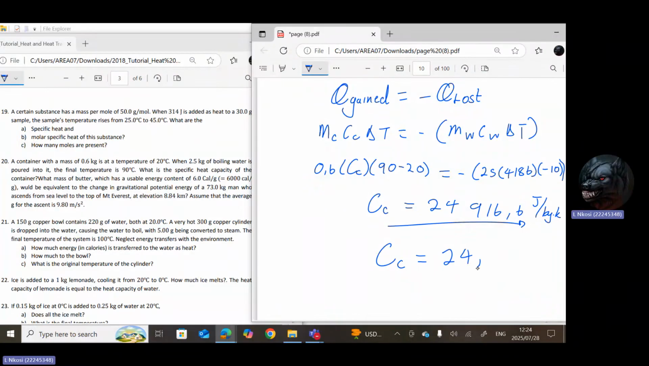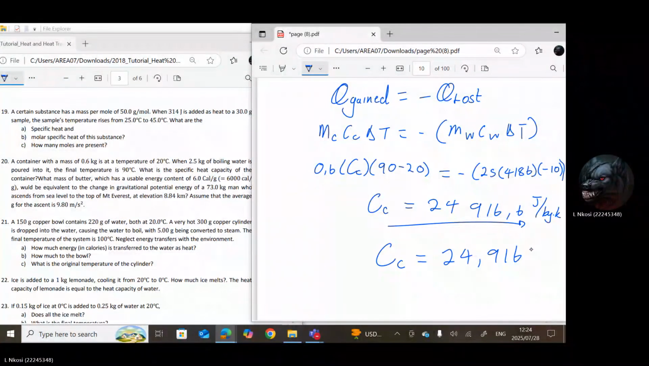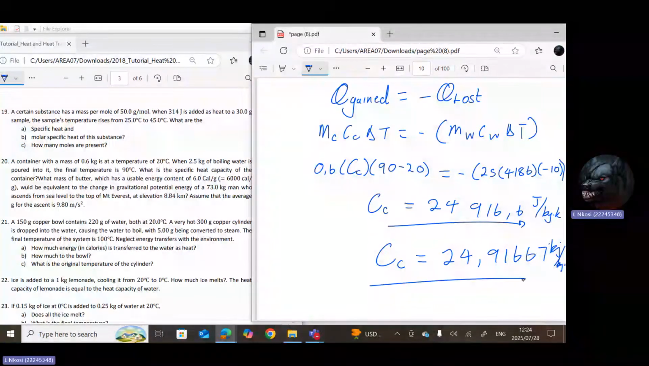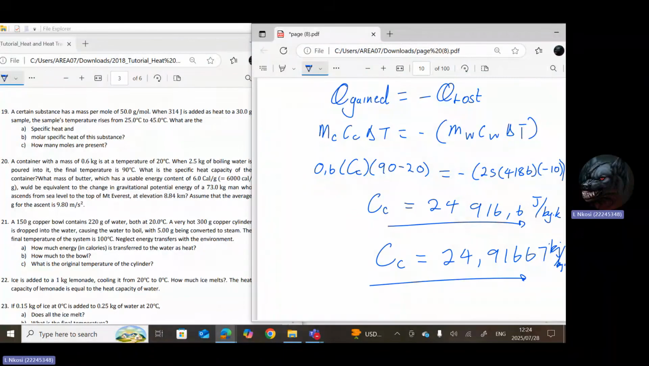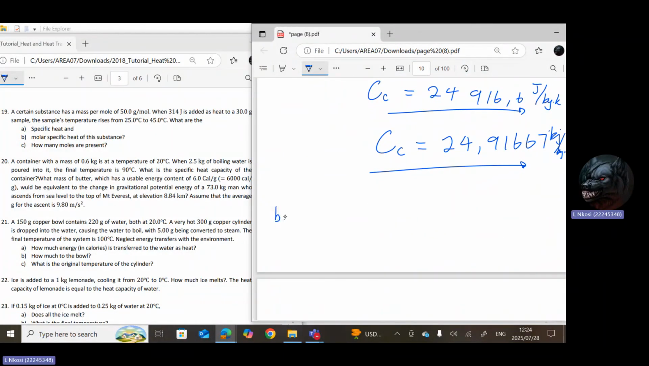You get 24 and then 9 kilojoules per Kelvin. Then, what mass of butter, which has the usable energy content of,